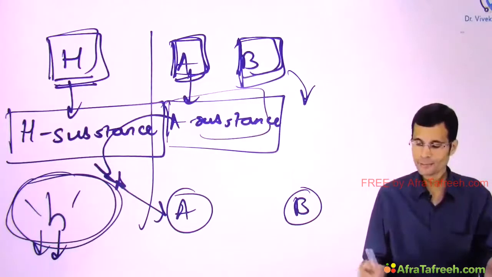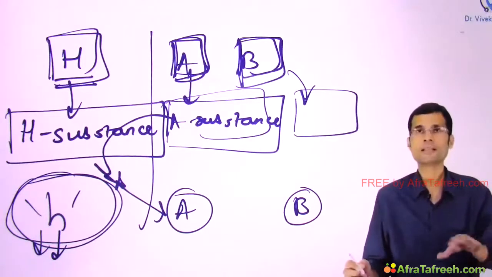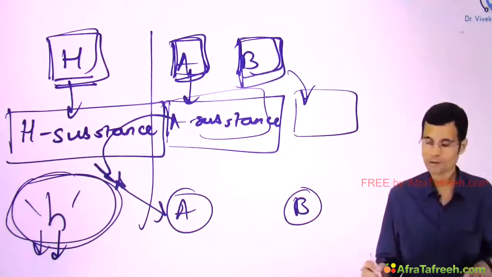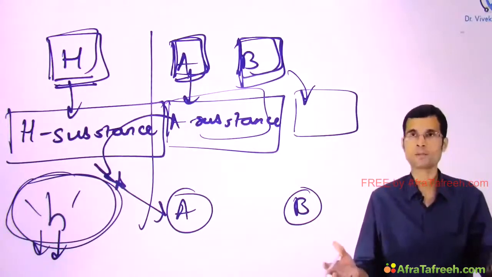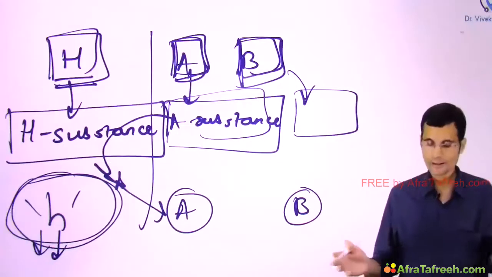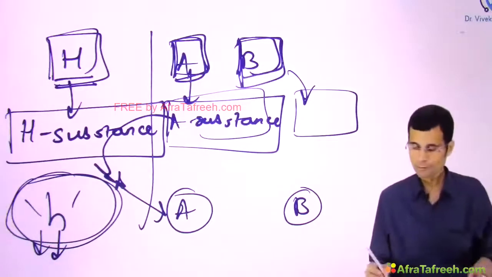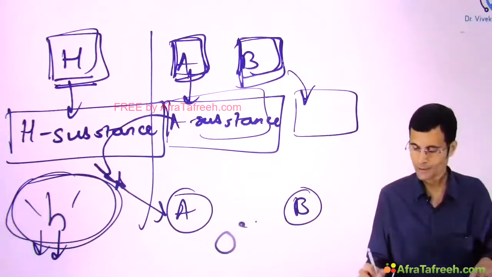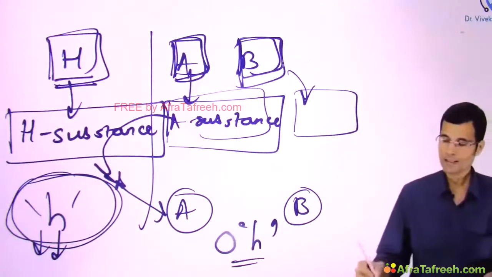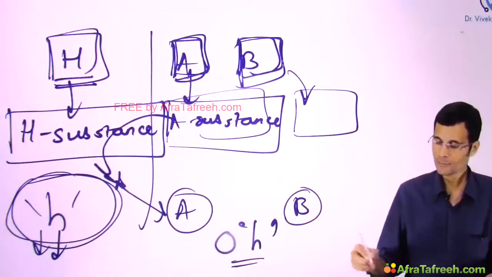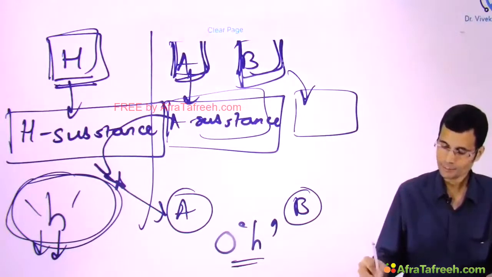So whether A substance or B substance is formed is irrelevant, because A and B antigens cannot be formed in this person because H substance is not there. H gene is recessive, and therefore the blood group will be O, but that O is because of the H gene being recessive. What's the significance? The significance is this person has